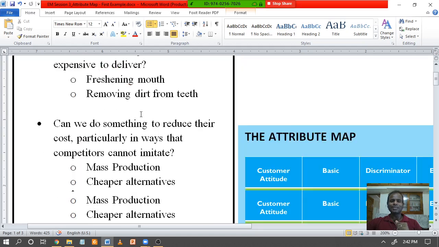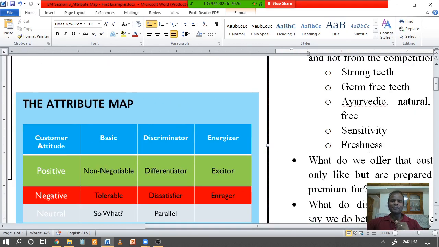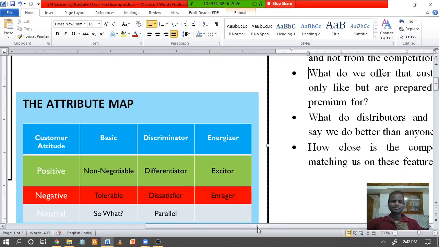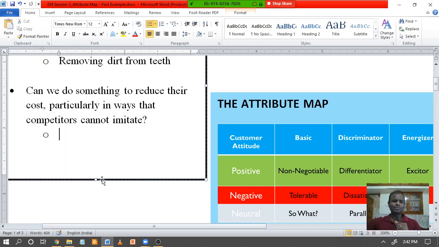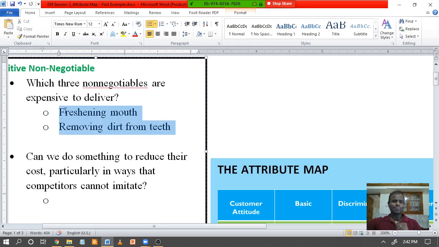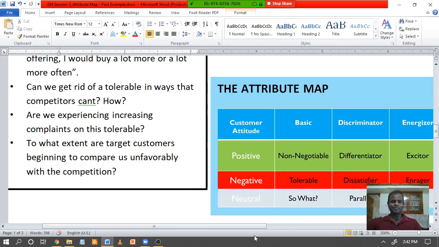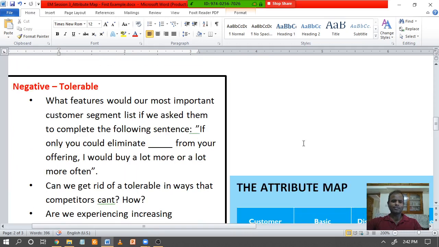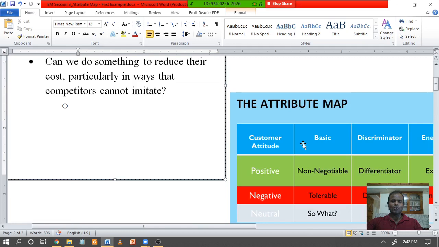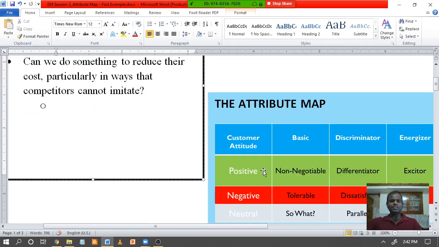Yeah, so is it clear to you what is the attribute map with respect to positive attributes? And what questions should be asked? Is it clear to you? Any doubt till here? Any doubts or anything you would like to contribute? Any doubts you guys have? Okay, so shall we continue? Yes, sir. Okay, so fine. So actually I'll stop with the toothpaste.